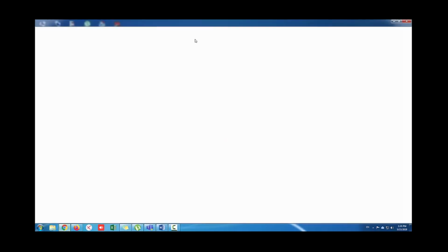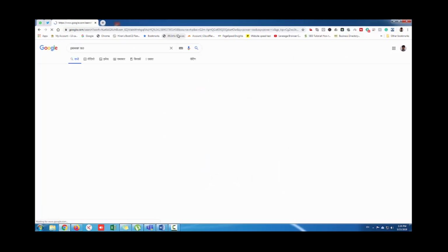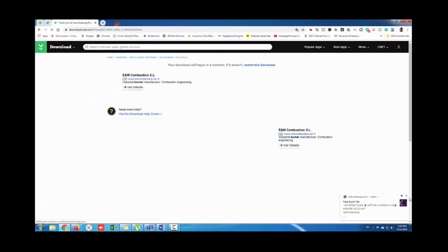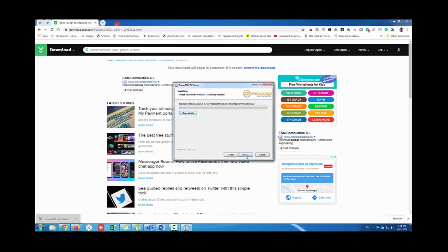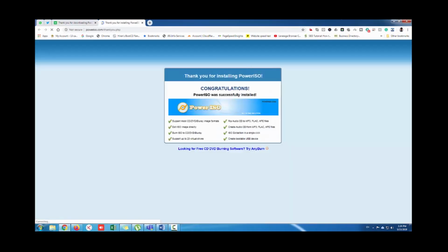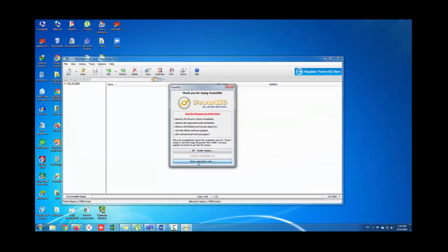So firstly we will download Power ISO from the internet. After downloading the Power ISO software, we will install it. Here I have installed the software and I have run Power ISO. Okay, and go to the tools option